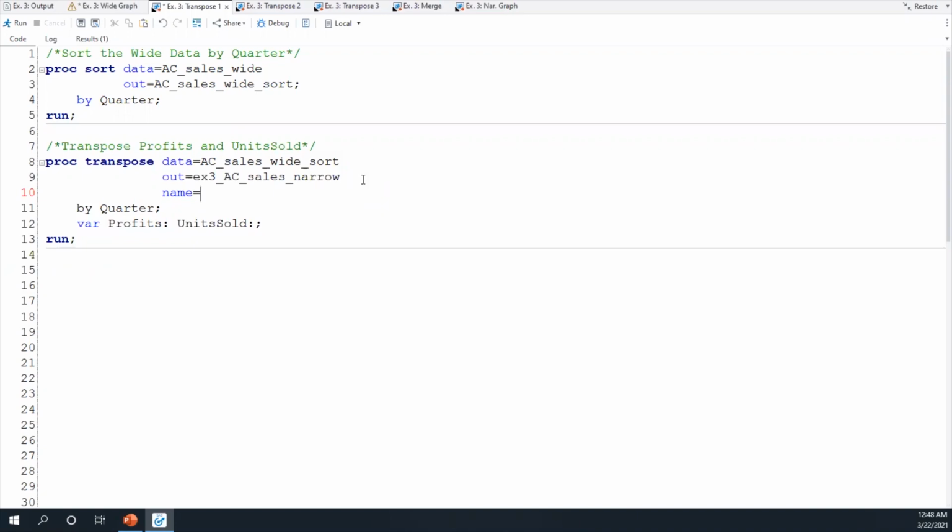So I'm going to call this column measure year. Then I'm also going to use the rename equals dataset option on the output table to rename that call1 column that I know is going to be created, holding all of my values, as value. Now I'll run my program.